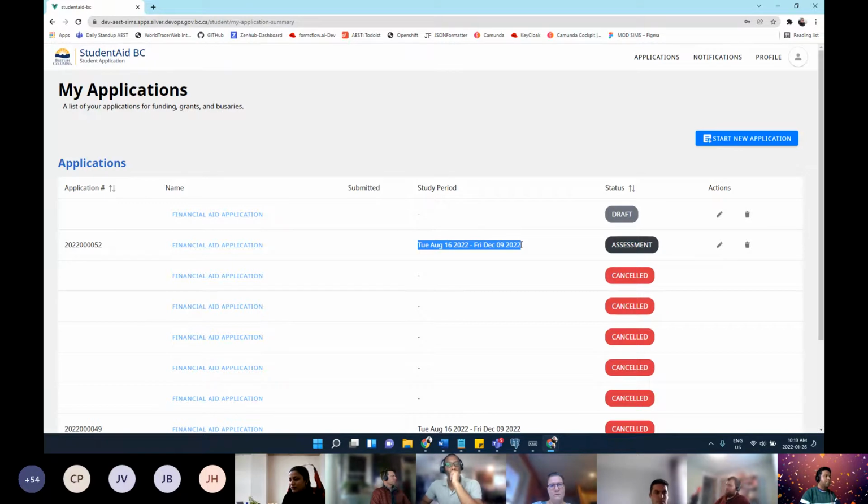But unless that's confirmed, we are not going to submit the next application. And we also have a follow-up story to this point, where when the institution is confirming the PIR dates, we will again check for overlapping dates to make sure that it doesn't overlap with an existing application for the student. Now I'm going to change the study period